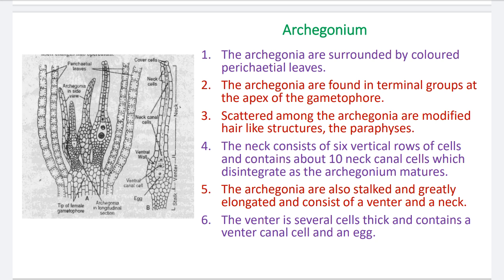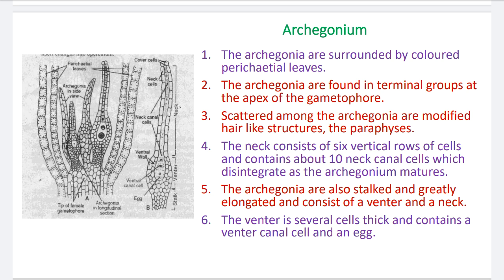The egg is nothing but the female gamete, which is haploid and non-motile. The sperm, or male gamete, is motile, but the egg is a non-motile structure. At the time of fertilization, the neck canal cells and venter canal cells disintegrate, and a mucilaginous substance is formed. Due to the mucilaginous substance, the cover cells are loosened from the mouth of the archegonium, and the mouth is open, and that mucilaginous substance